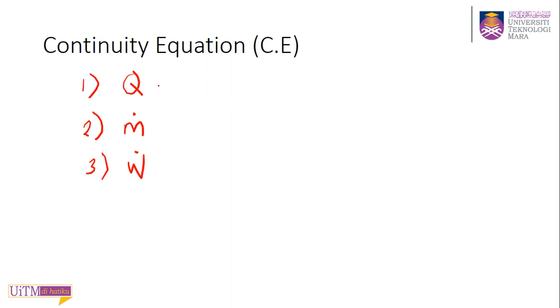This volume flow rate is equal to your area times velocity, and the unit should be in meter cube per second. Your mass flow rate is equal to your rho times Q, or rho times A times V,